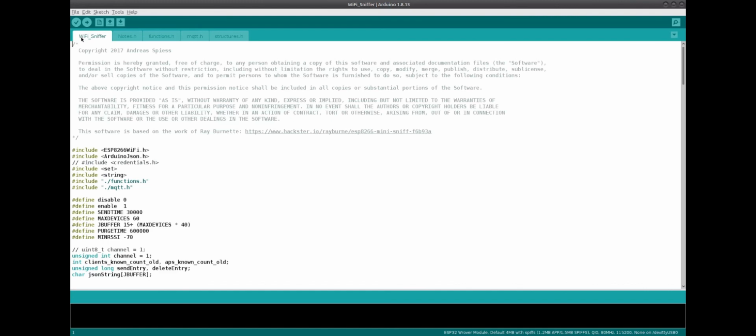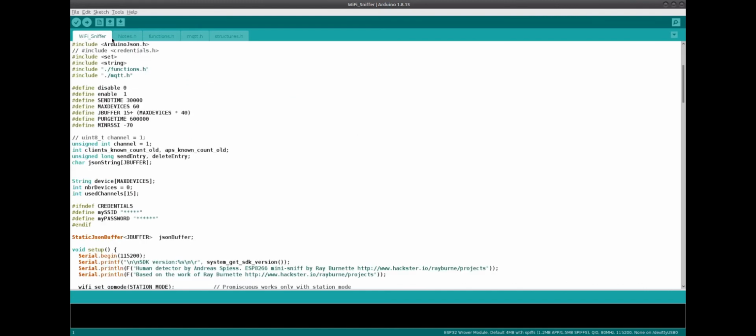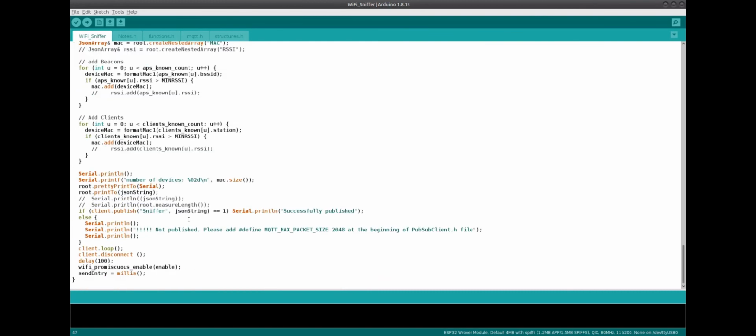First of all, in the wifi sniffer INO file, you need to change the credentials to access your wireless network. You need to enter the Wi-Fi SSID between those brackets and the password for the Wi-Fi access point as well. The first time I uploaded this code to my